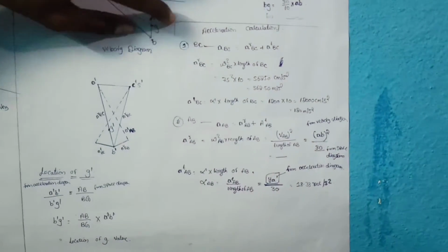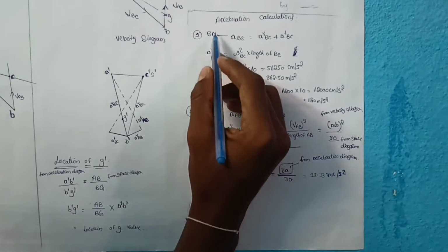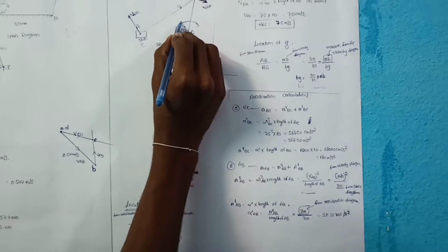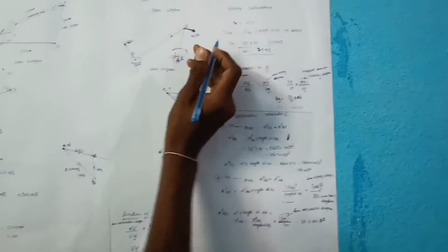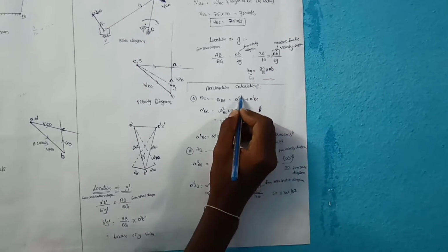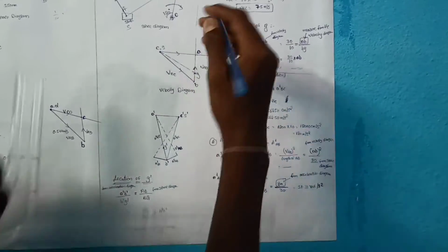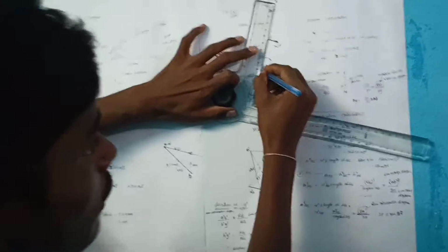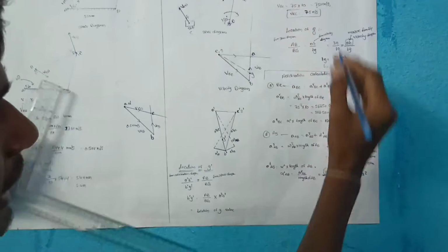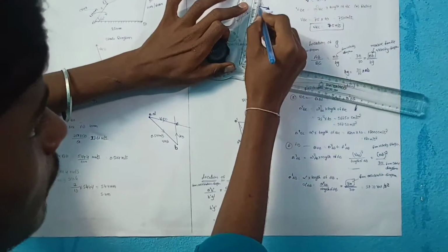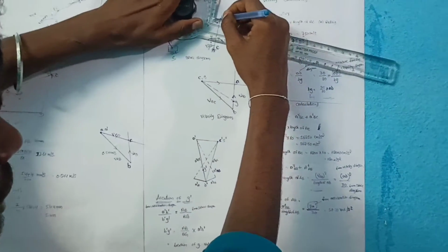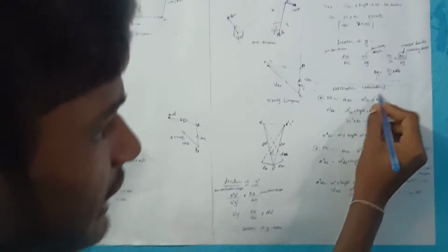Now we are going to draw the angular acceleration diagram. For that we need to do some calculation first. When link BC is moving, it is moving in the clockwise direction, so it is moving in the downward direction. So for that, the acceleration is AR BC plus AT BC, where AR indicates the radial direction. Radial direction means along the link, the same direction as the link. Tangential means perpendicular. This link is BC, and it moves tangentially, that means perpendicularly.